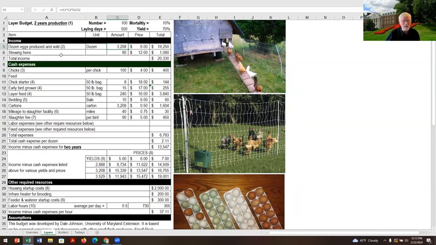In my budget, I've got the stewing hens. A lot of people, you got to do something with those. At the end of 2 years, what are you going to do with them? Well, they're not broilers. They're stewing hens. There's not much meat on some of these breeds. Leghorns don't have hardly any meat on them. A sex-linked chicken, a Rhode Island cross, they don't have a lot of meat on them.